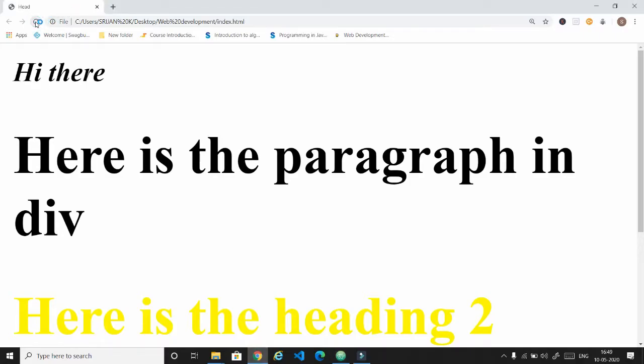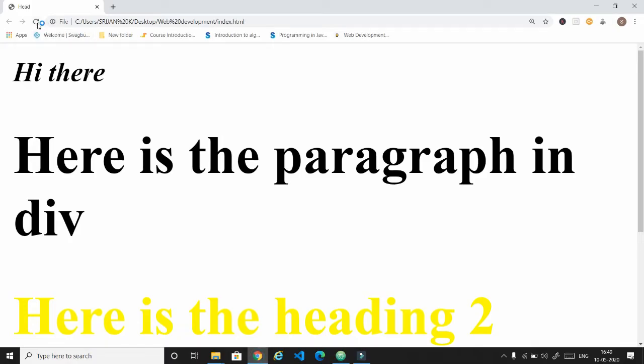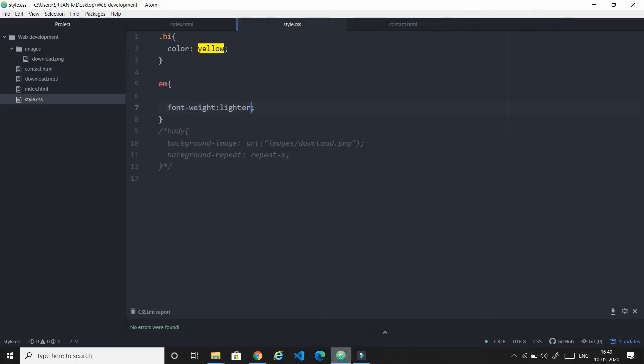It will show the weight of the content, so it will be darker as I have written the font weight property as bold. Now I can write it as lighter so that it will change its property. Now it is shown in a lighter way. So this is the weight of the font, and we can also use 400 here.